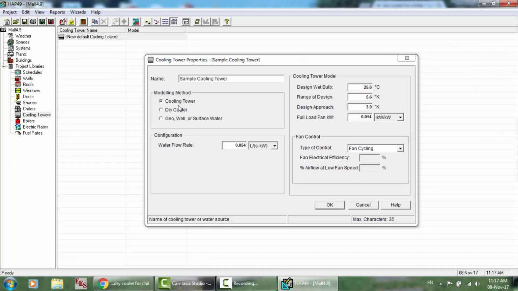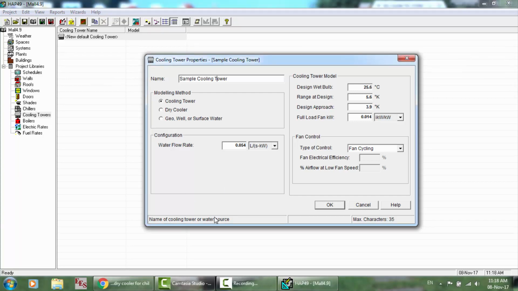Okay, now here, the cooling tower, dry cooler or geo well. Suppose that you want to use the cooling tower as your method. So here is the configuration. This is the name of the cooling tower, water source and configuration, the water flow. Here, liter per second per kilowatt cooling for the chiller. You may use this as the water flow rate, but per 1 kilowatt of chiller cooling. Also, this is the liter per second. This is the total water flow rate of the